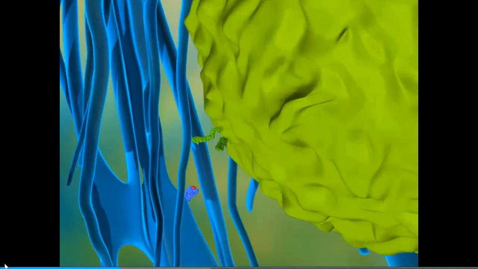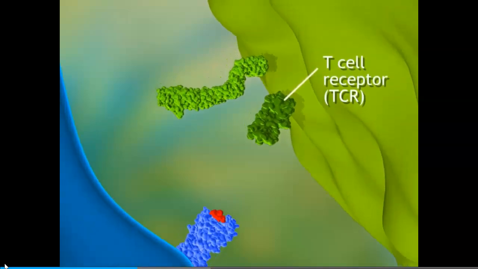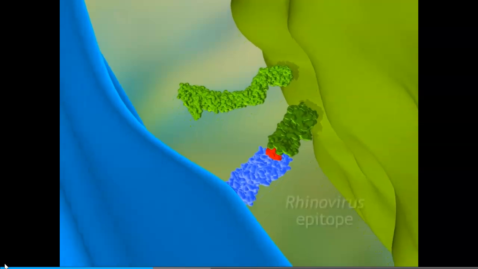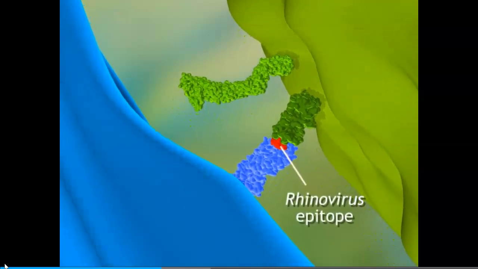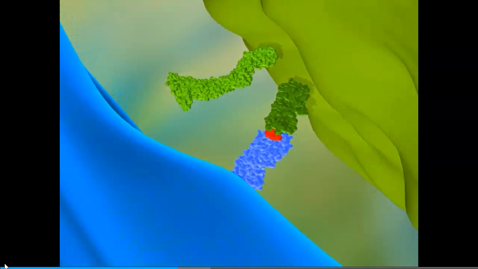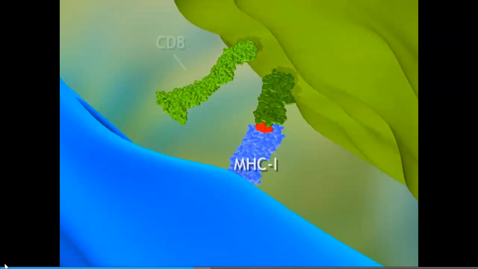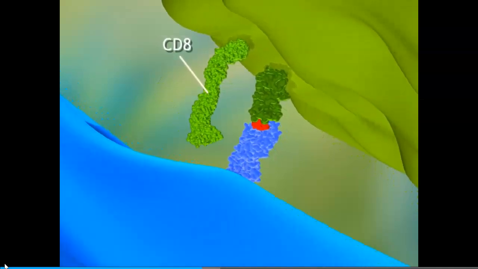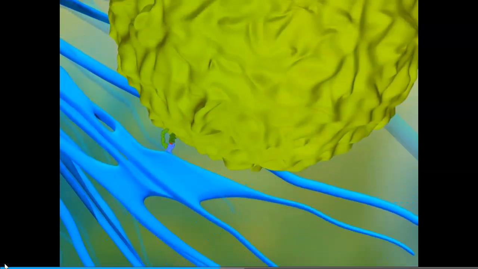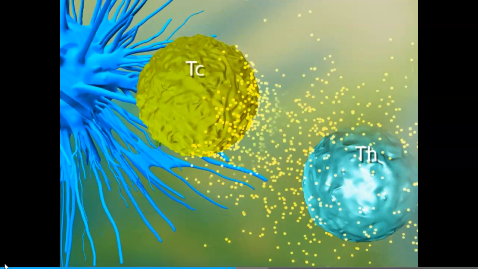The T cell receptor, or TCR, of this particular cytotoxic T cell is genetically programmed to recognize the rhinovirus epitope when presented by the dendritic cell. This time, the epitope is presented differently, with an MHC1, which is recognized by a CD8 glycoprotein on the cytotoxic T cell. With the help of cytokines from a nearby helper T cell, the cytotoxic T cell is activated and